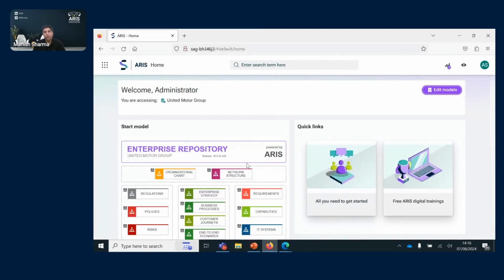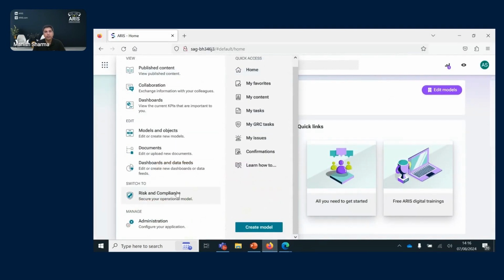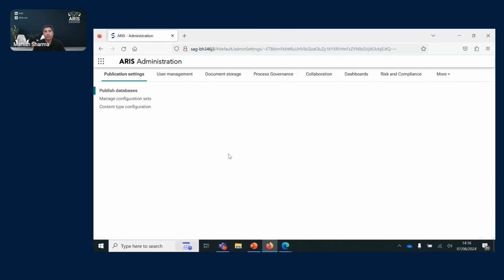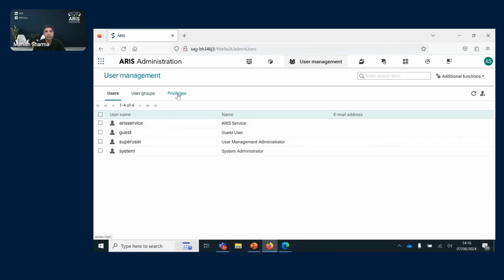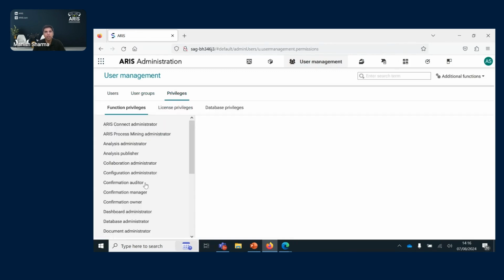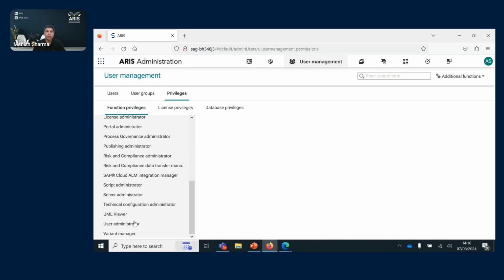So if I go to ARIS, as I said earlier, the first thing that you need to have is a functional privilege called variant manager functional privilege. So under privileges, functional privileges, you have this option called variant manager. And if you hover over it, it says create and manage variants in ARIS and ARIS Architect. I'll leave ARIS Architect out of the picture for now, because all the capability that's needed for variant and version management is within the Connect portal and the Connect administration and enterprise administration. So you don't need the